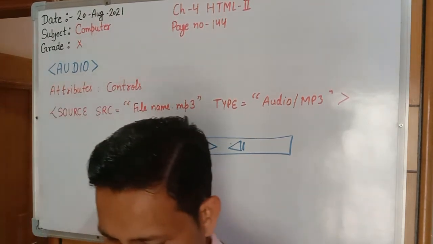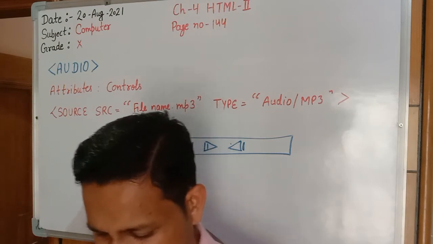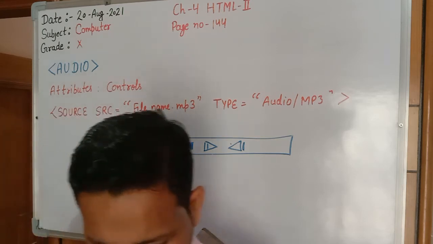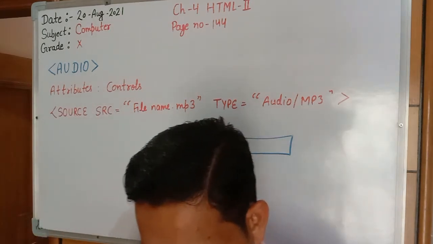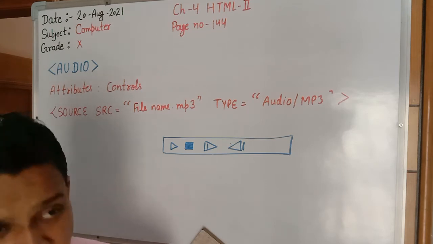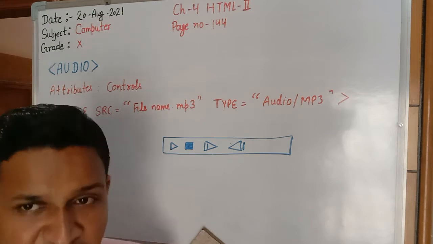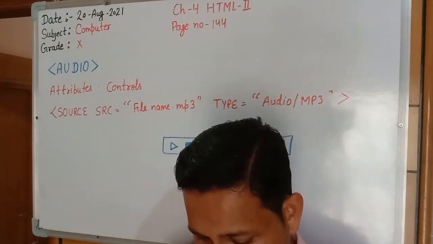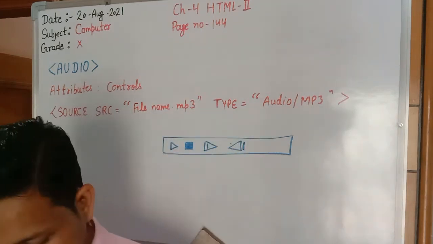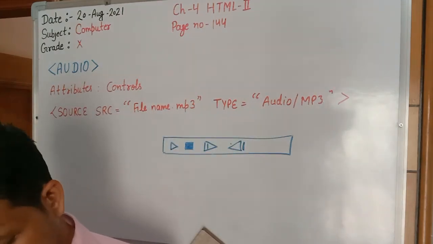For the next file source they have taken audio1.ogg, so the type is audio and the extension is ogg. Third, they have taken audio2.wav, the type is audio and the extension is WAV. And in any case if your file is not opening, your audio is not playing, then what will be displayed? They have written "file format not supported". Afterward the audio tag is closed, the body tag is closed and HTML is also closed.